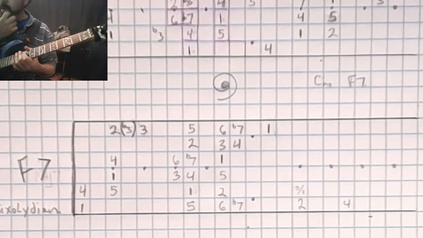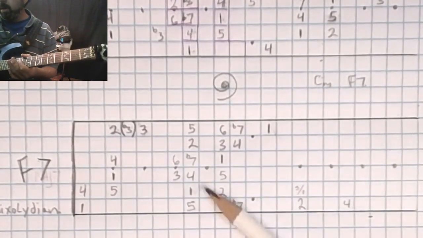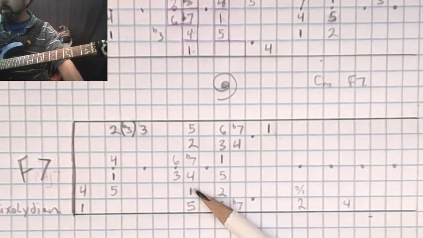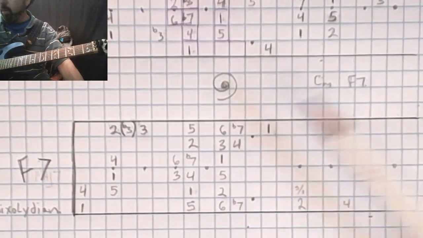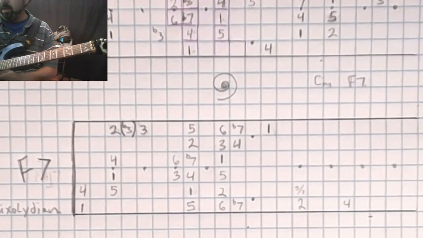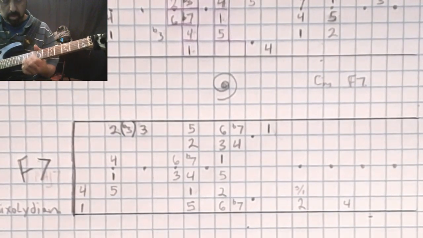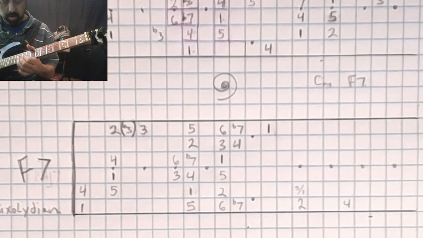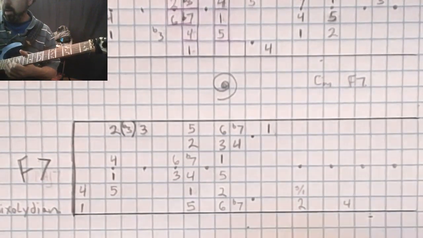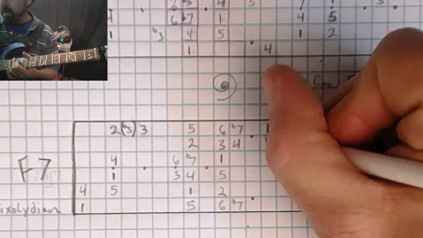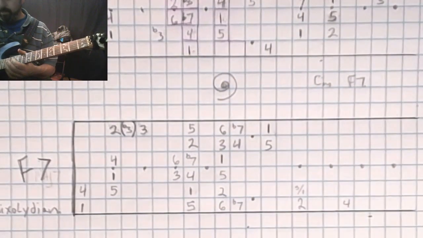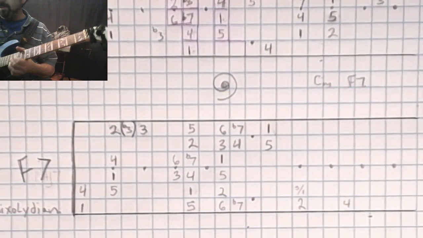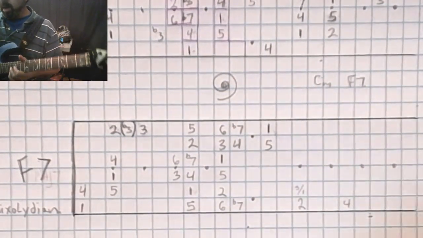So this is right where the F starts galloping, right? And so we got 1, 5 really quick. We're the 3 to the 4, pretty tasty bend up there. We went 4, 5, and set up on the 1. Our phrase is done at that moment on the 1. And then we're,